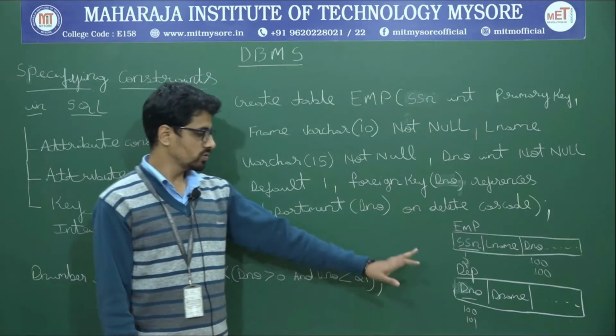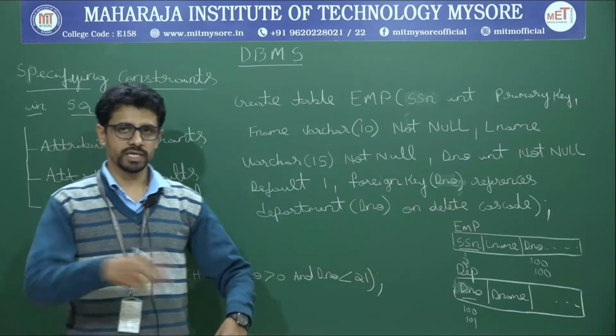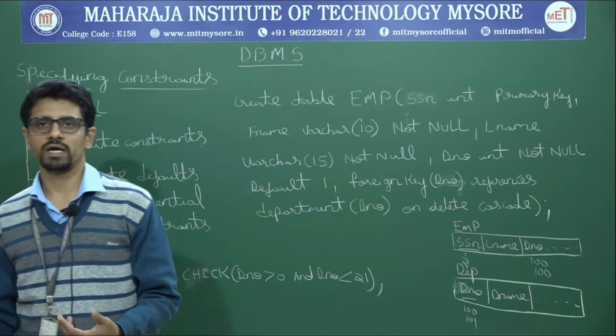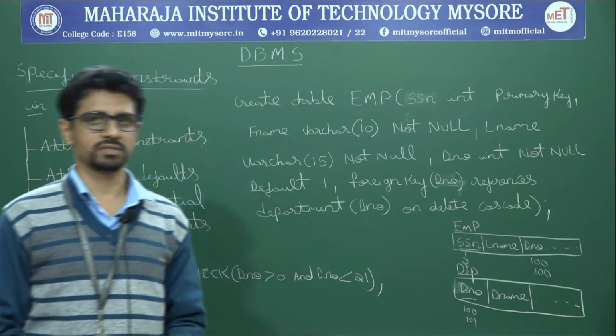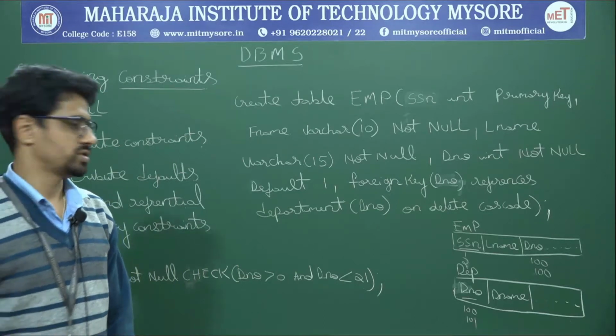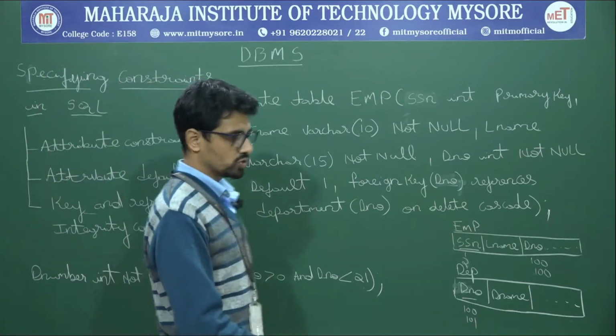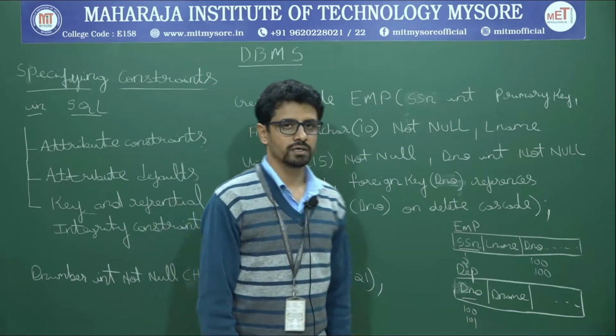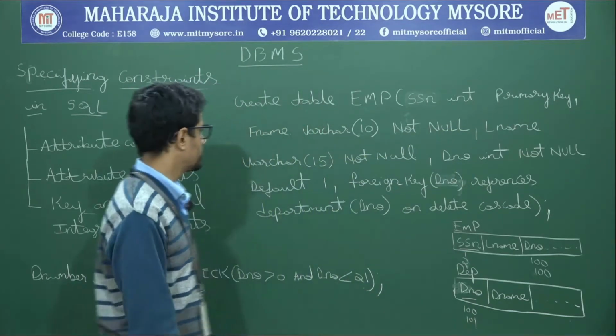Okay. So in order to incorporate this type of constraint, that is, not allowing duplicate values for this particular attribute called SSN, it is called the key constraint in this case. So in order to do that, make sure you give this SSN int primary key. Good. Next,